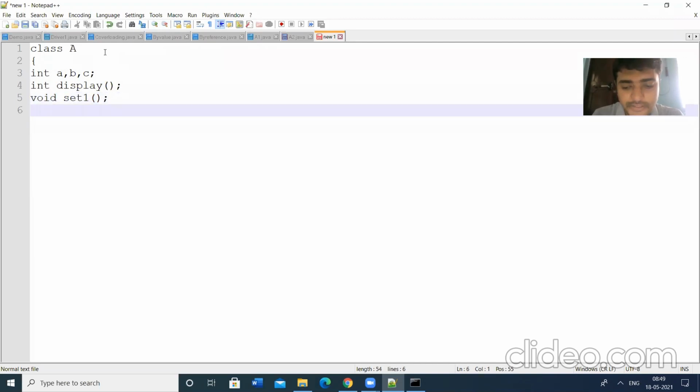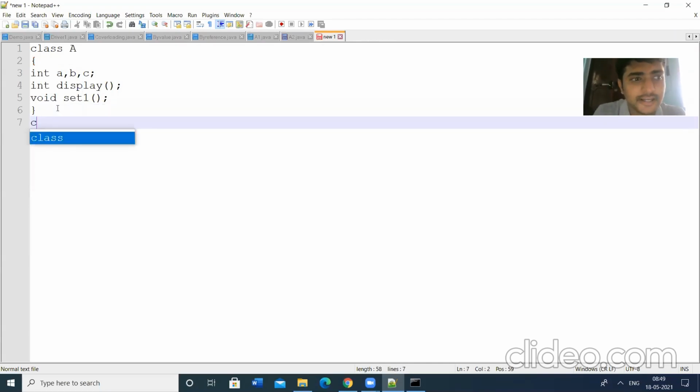So I have defined two methods here. So this is one class, class A. Class A has the members, variables and methods A, B, C, display and set. These are the class members.